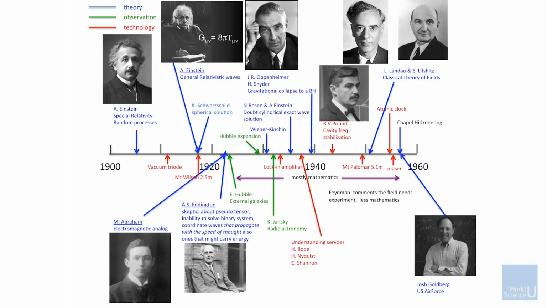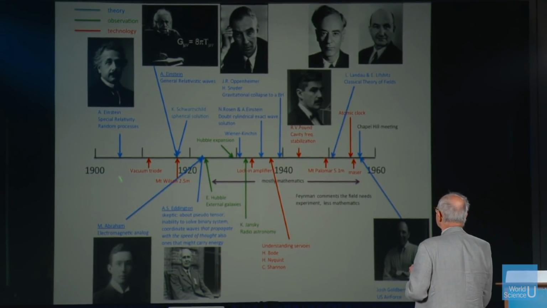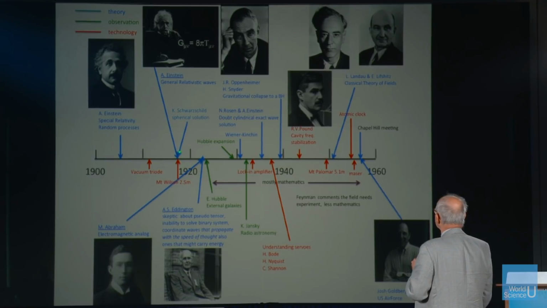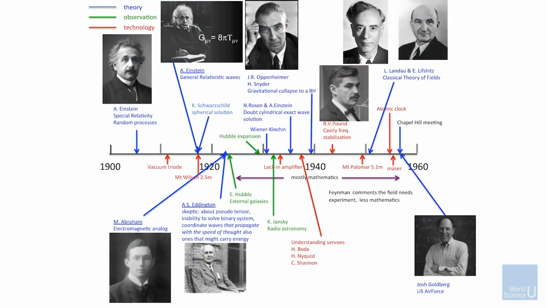But there are a couple of places that are kind of interesting, and some of the faces are interesting. So this history from 1900, here's when the theory was published, in effect. And then right away, the idea of looking for black holes was part of the theory. That was Schwarzschild. We'll get back to that. But here is the first guy. He's the guy who made Einstein famous. That's Eddington, Sir Alfred Eddington. And what he did is he made Einstein famous by doing the eclipse expedition to see the bending of light. But he also did a study of relativity, and he got himself into trouble right away.